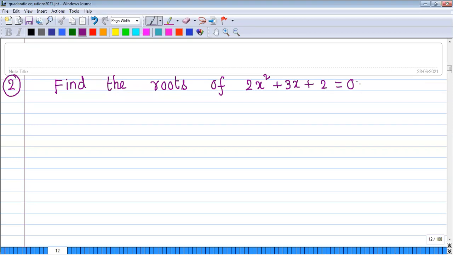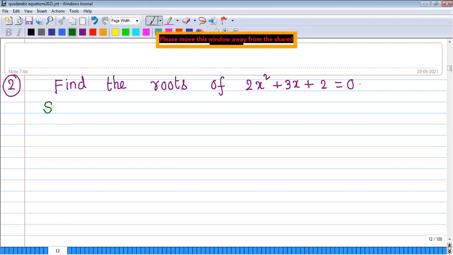So we need to search for factors whose product is 4 and whose sum should be 3. What are the factors of 4? 1 into 4 only, minimum factors first. 1 plus 4, 5 we are getting. No negative term is there, so plus 3 we cannot make it. So that's why it is impossible. Even then, I cannot say impossible. The factorization method also can be done, but that would be very lengthy. Better than that, the formula method we need to use.